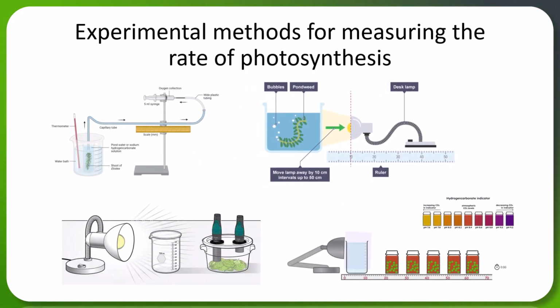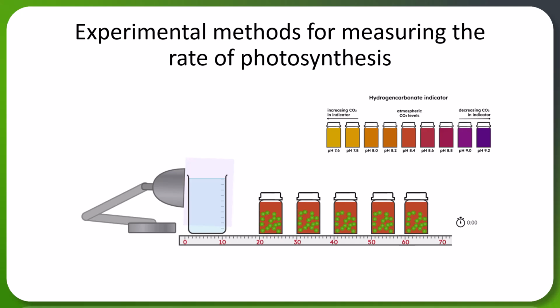Another experimental method would be to use indicators. So these are hydrogen carbonate indicators. You will see that there is an indicator added to our solution, and it will change color depending on the pH. This scale runs from about a pH of 7.6 to a pH of 9.2. Obviously, this would be the more basic end of that pH range,